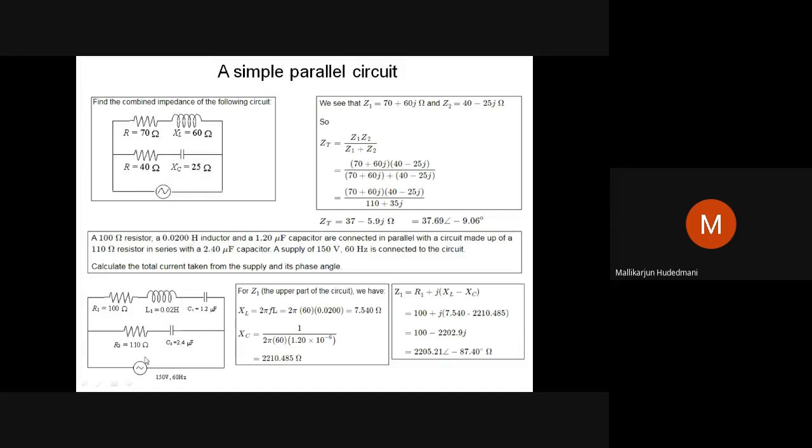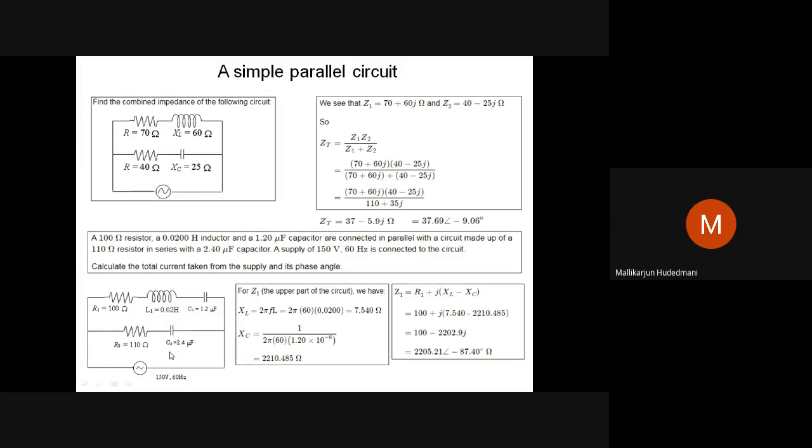So we have been given two arms. The first arm has a resistor, inductor, and a capacitor, as mentioned here. That is in parallel with another circuit made up of a resistor and a capacitor. This whole combination is connected to 150 volts, 60 hertz. Don't worry about the hertz and all; worry about the connectivity. So we have an RLC series circuit in the first branch and an RC in the second branch. What is the total impedance of this?